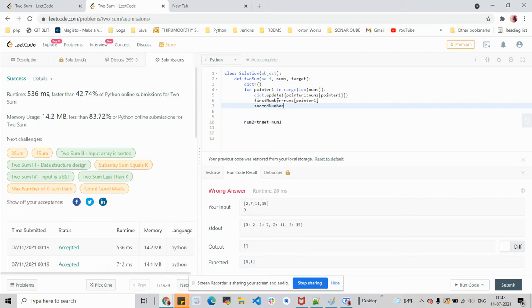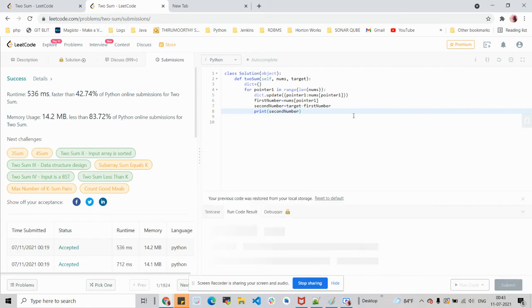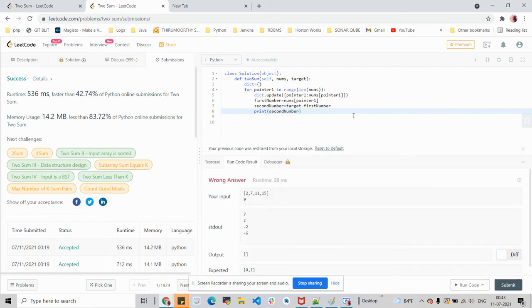Second number is equal to target minus first number. Okay. Now let's try to print the second number. Let's print the first number as well.